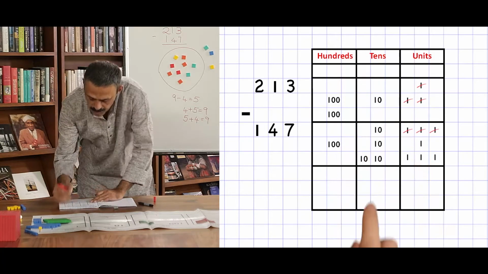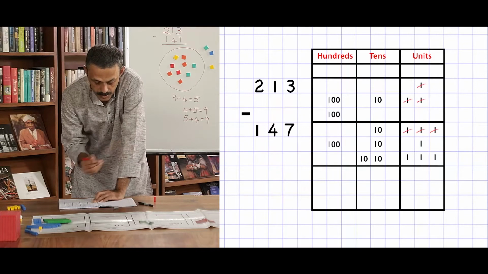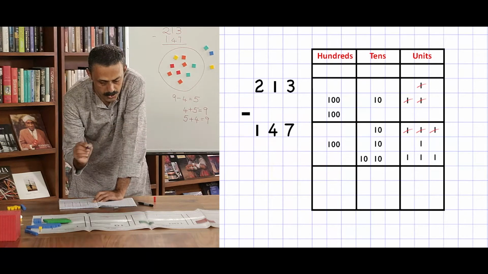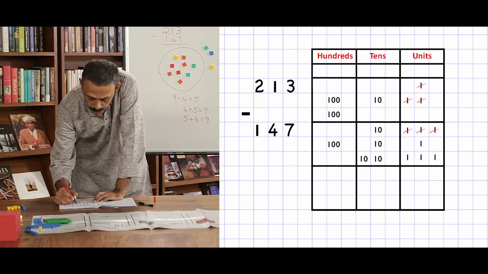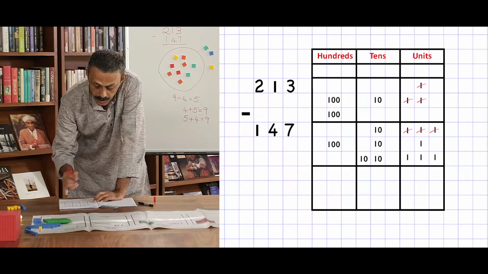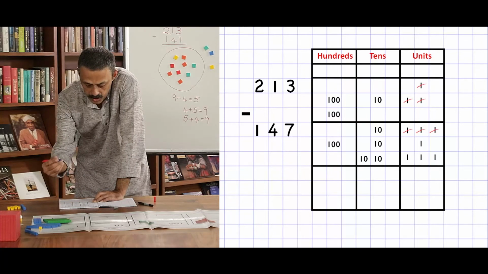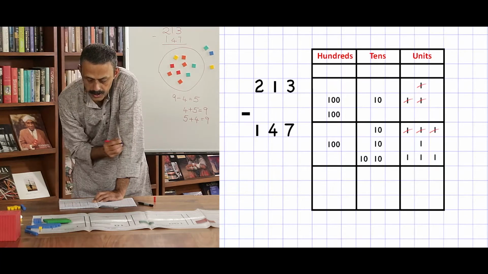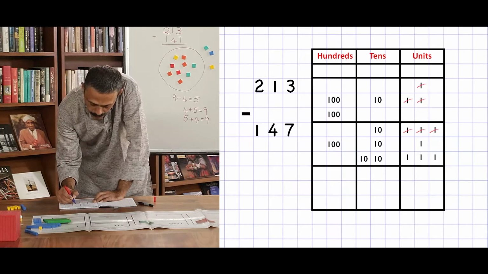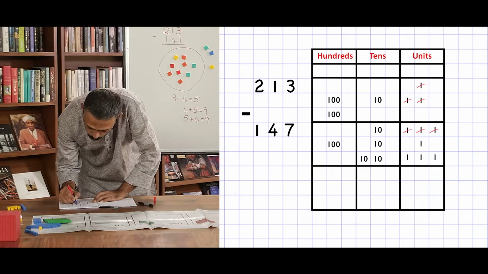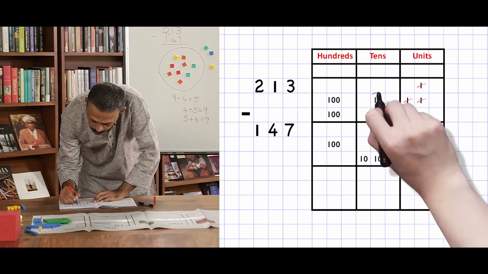So, we go to the tens place and seek help. We did the same thing in the concrete stage also. We went to the tens place and asked for help. Can you give me 10 units? Earlier, we went to the bank and changed it to 10 units. Let us do the same process. There is one 10.